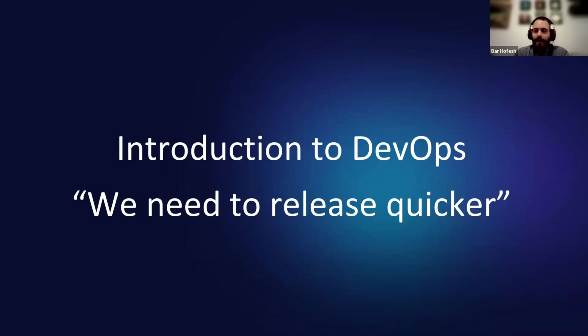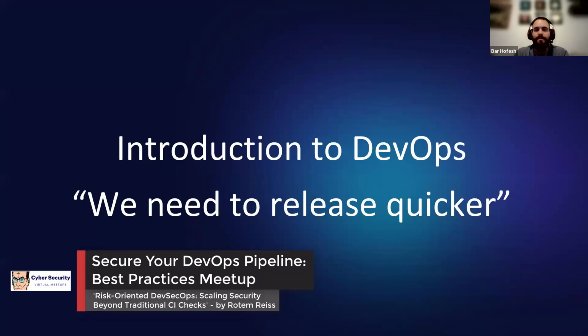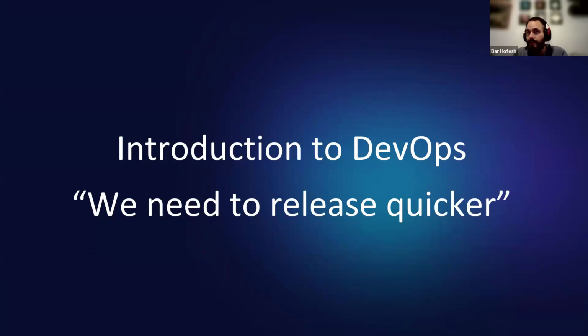But then the world progresses, and we thought, we need to release quicker. We don't want people to wait half a year for a new feature. We want to push more software. We want to get features quicker. We want to update things, right? When we have bugs, even not security related, we just want to develop quicker. And this is why today